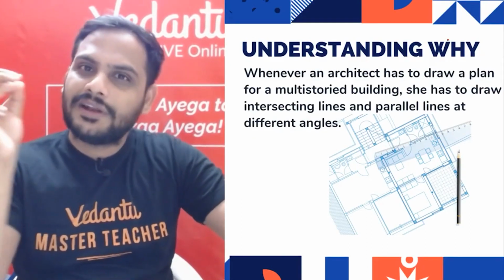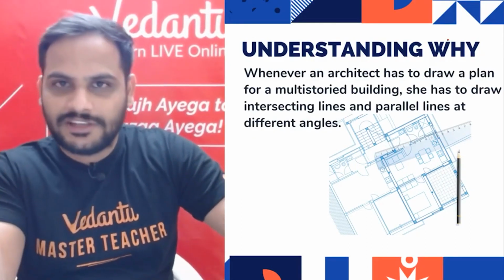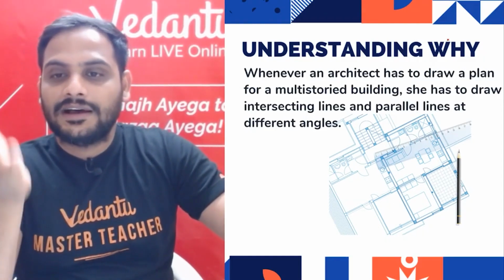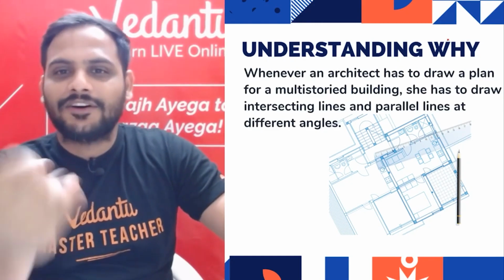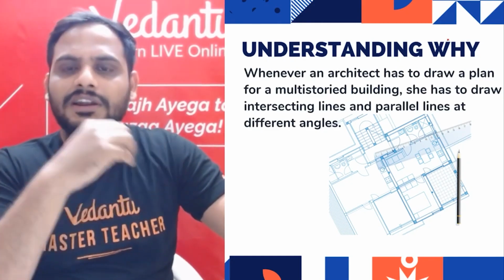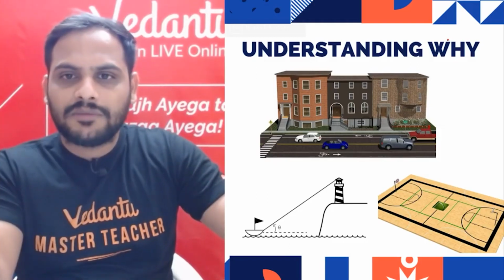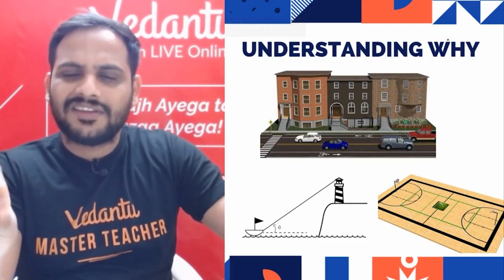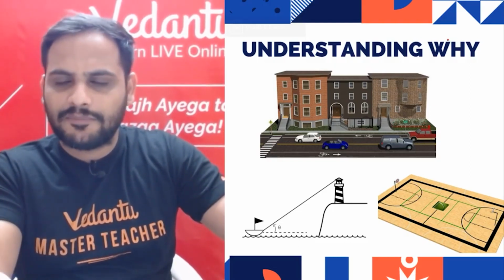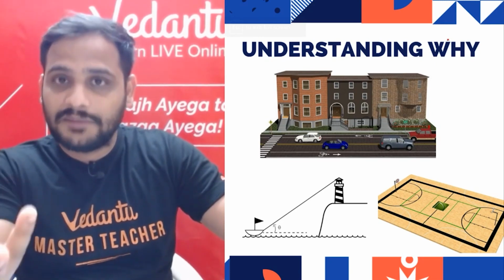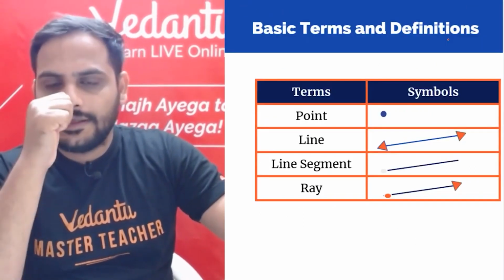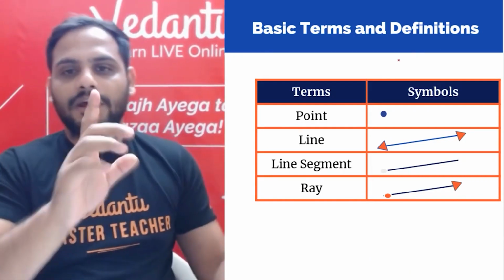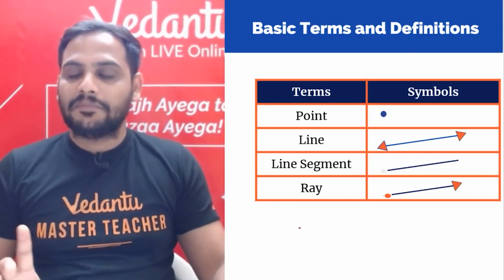Now where it is used: wherever you are talking about shapes, points and lines will be used. Suppose you draw any map, any outline of a building or outline of a house in architecture. It is used a lot whenever we are doing planning for any building, any shape. Lines generally are used, and it is the basis of geometry. After points, the next easiest shape is line, right? So point will be denoted with a simple dot. Line, now understand the difference between line segment and ray.